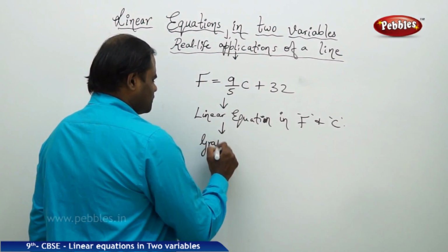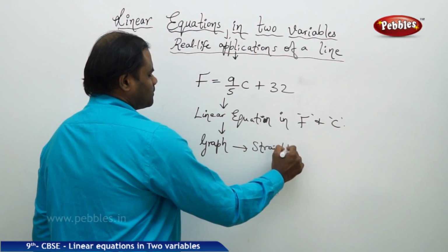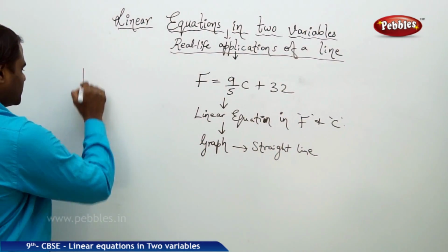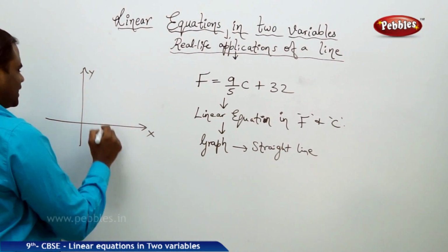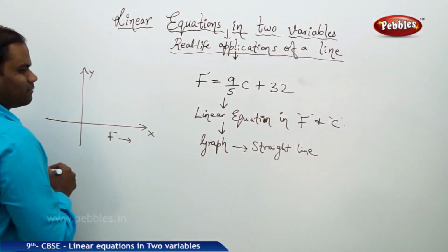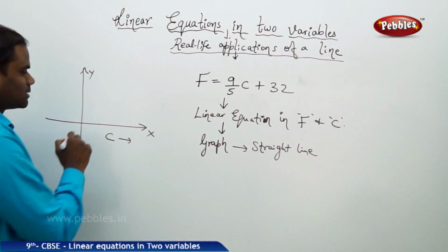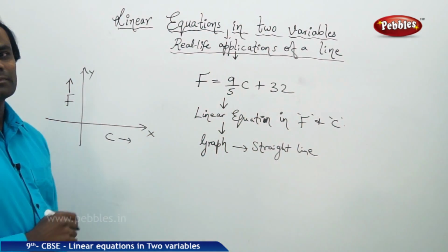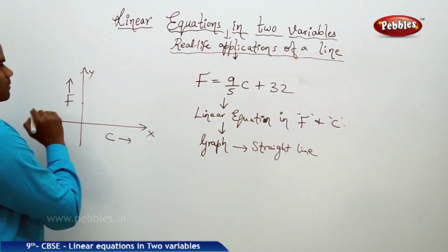Its graph is a straight line. That is, when I take this on x-axis and y-axis, my centigrade scale on x-axis and my Fahrenheit scale on y-axis gives me a line with y-intercept cutting at 32, and